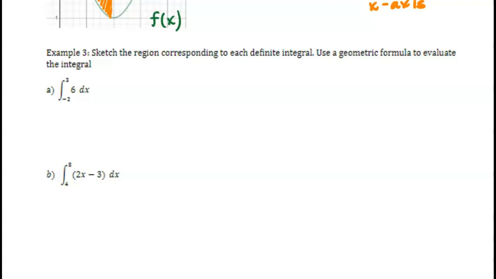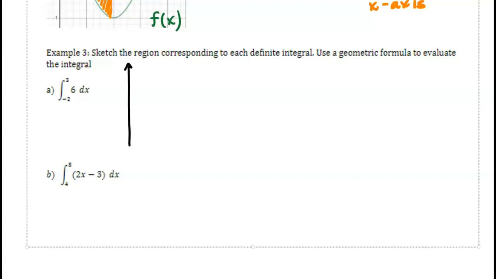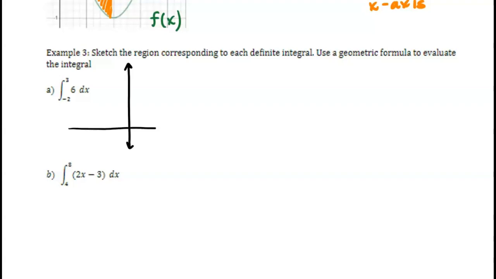So this says to sketch the region corresponding to each definite integral and to use a geometric formula to evaluate it. So first I'm just going to sketch what the graph of 6 looks like. It's a horizontal line. Just runs straight across like that. And we're interested in it from -2 to 3. So the region that we're finding the area of is this area in here,